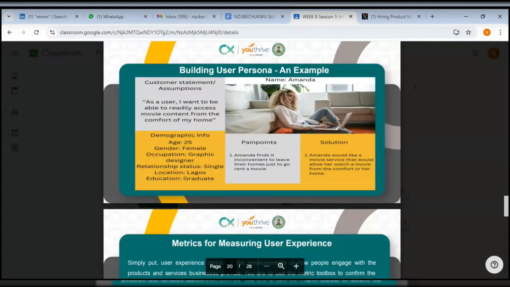Education level would also help inform what the occupation should be, which is that the person is a graduate. And then the pain points is what is the problem that Amanda is facing that could possibly lead them to needing your product. So, her problem is that she doesn't like the idea of having to leave her house